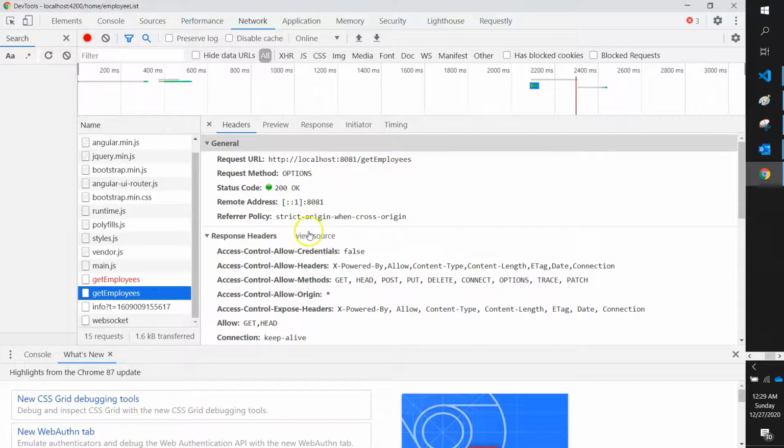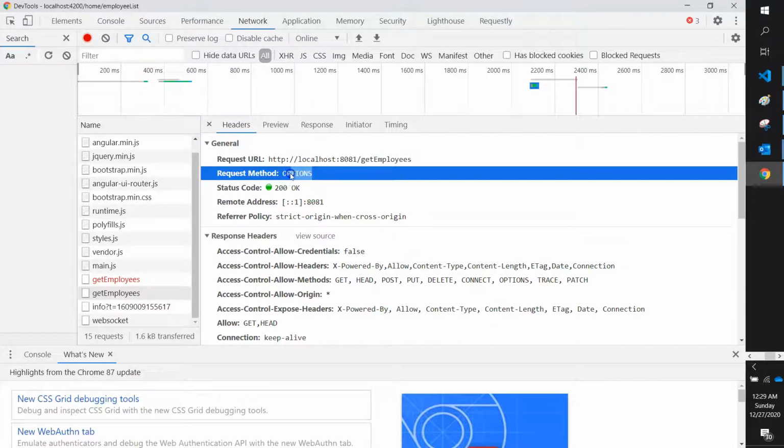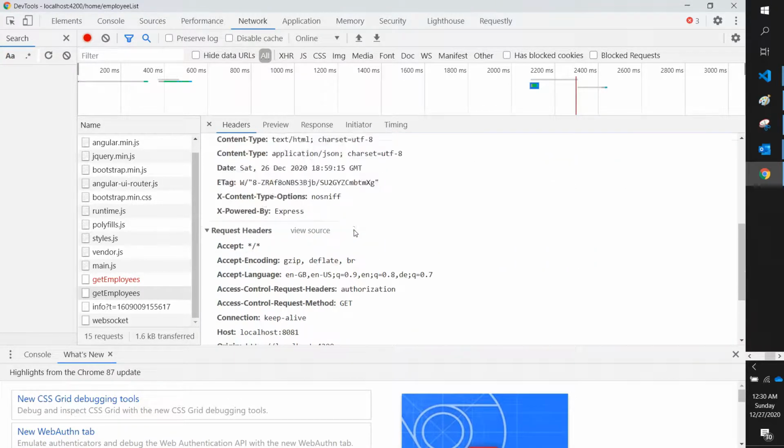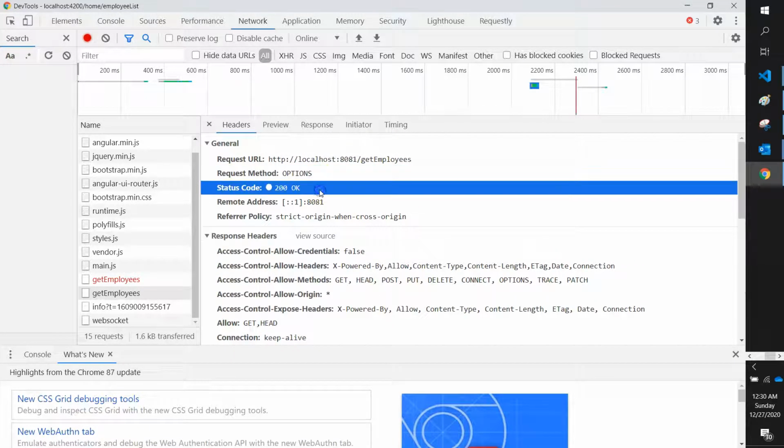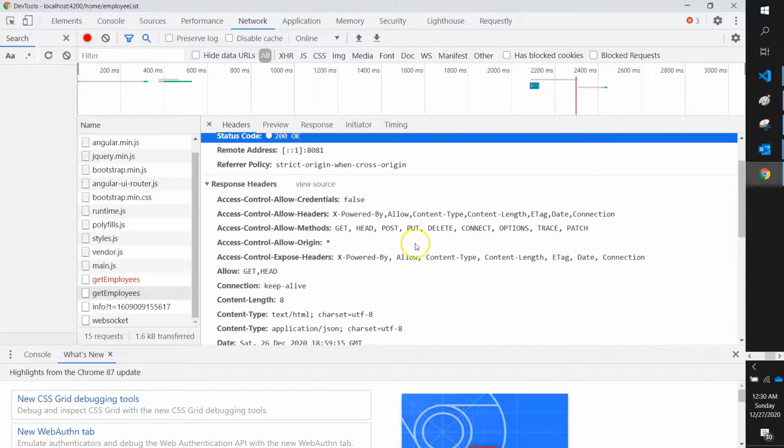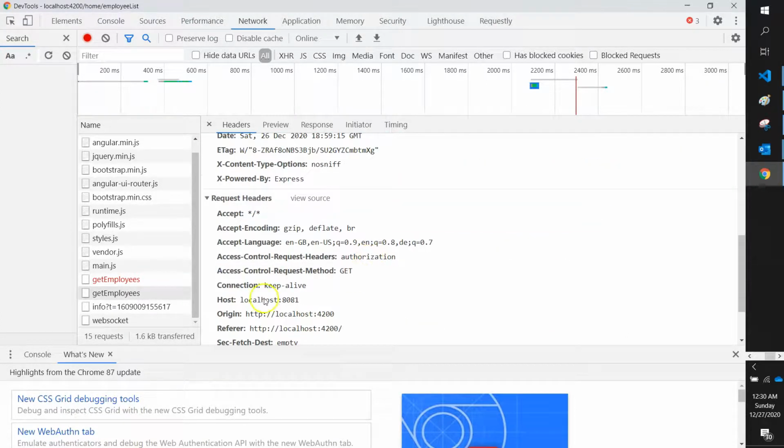So as I told you, you see an options request. Okay, as I told you, it is an options request which goes from the browser to the server, and it tells what method it is going to use.